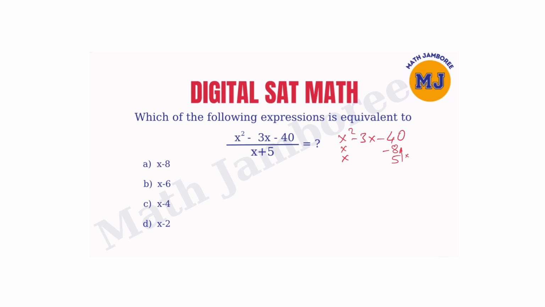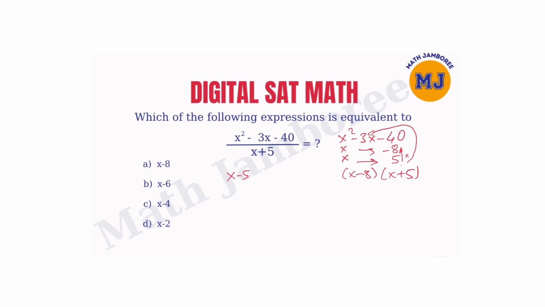To determine that, when you add these two factor numbers, negative 8 and 5, you have to get the number in front of the x, which is negative 3. Then you can write your expression. This is going to be equal to x minus 8 times x plus 5, because this is plus. So instead of x squared minus 3x minus 40 in the expression, I can just go ahead and